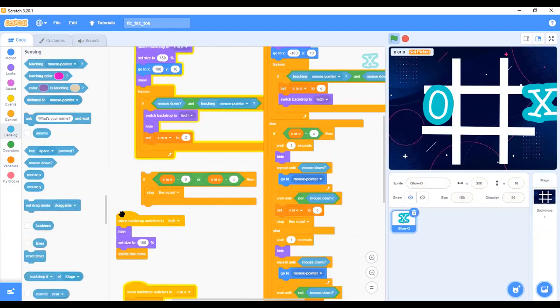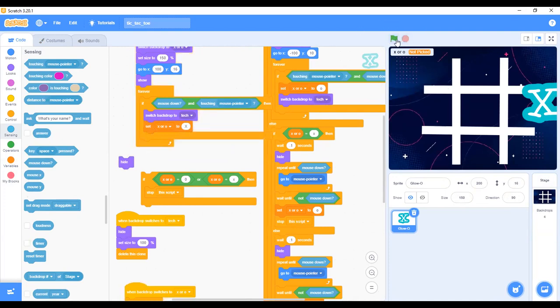So, when we switch, I want you to hide. Now if I take out the hide block and leave this, let's go back.